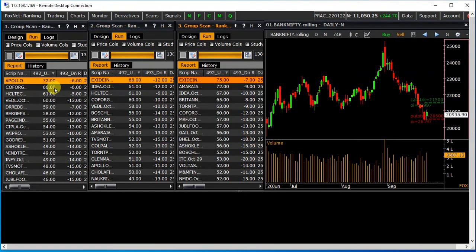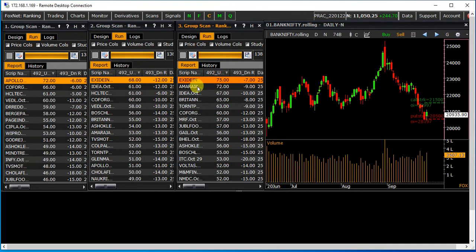So here on the daily chart, Apollo is on top with a ranking of 72, and here in 60-minute, Exide Industries is on top with an up ranking of 68, and here Exide Industries also in 15-minute is on top at 75 ranking. So in this manner you can sort the ranking and compare with different time frames.